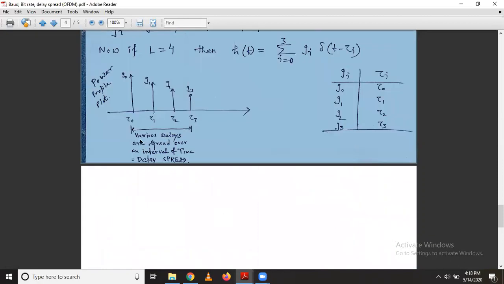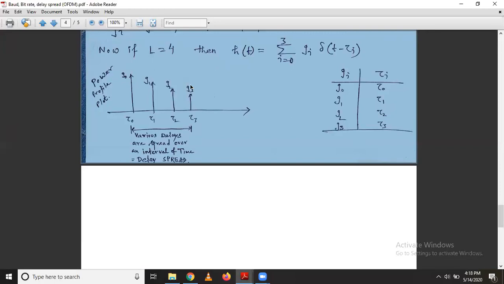Various delays, this is the important line, various delays are spread over an interval of time. This is known as delay spread. Various delays are there, you see, for a single symbol, one symbol, for a particular single symbol, many delays are there. One signal, one symbol is transmitted,